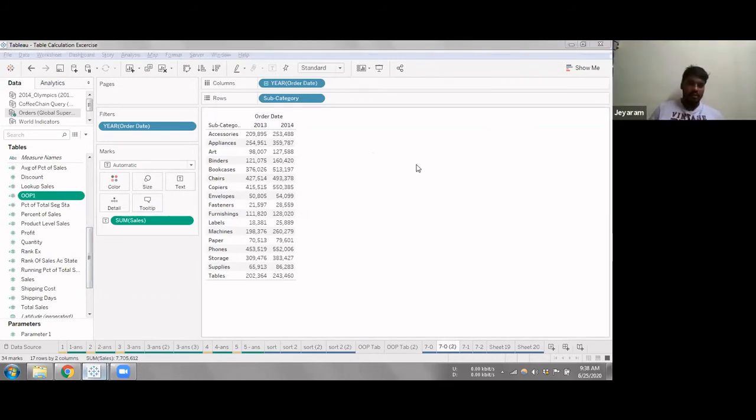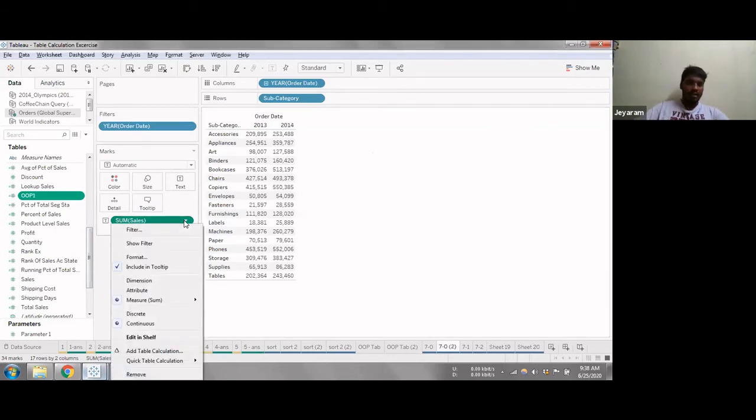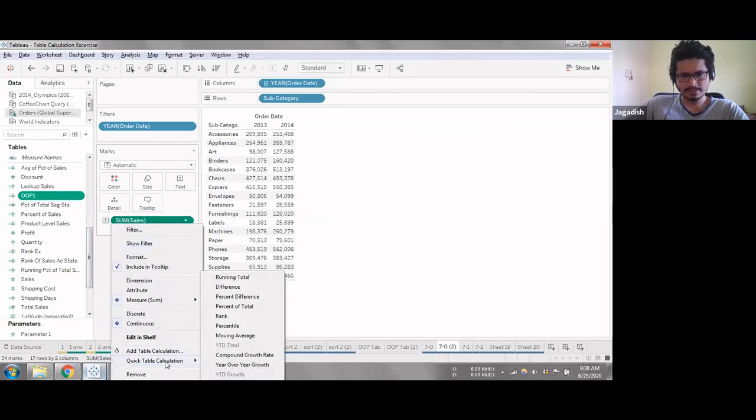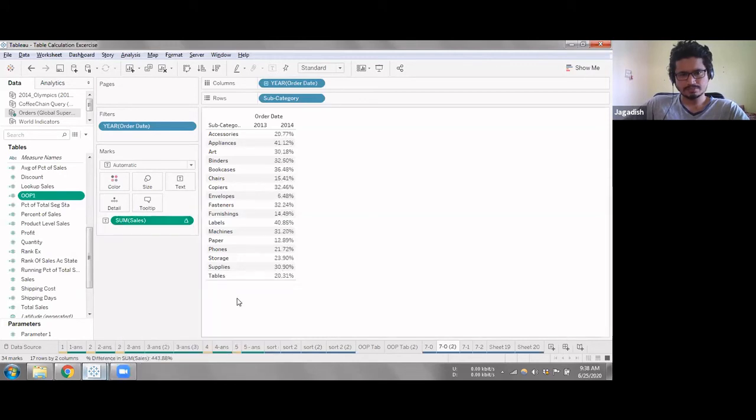So we can add a table calculation, year-over-year growth. Okay, good. Any other way we can do it? We can also get the percentage difference, which gives the same results because of the structure of the table.